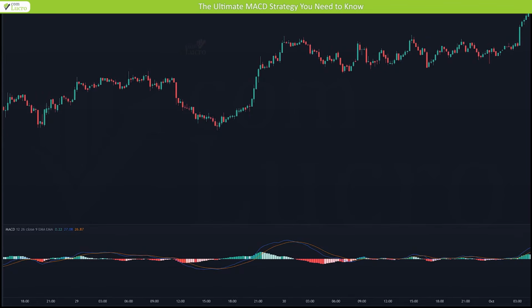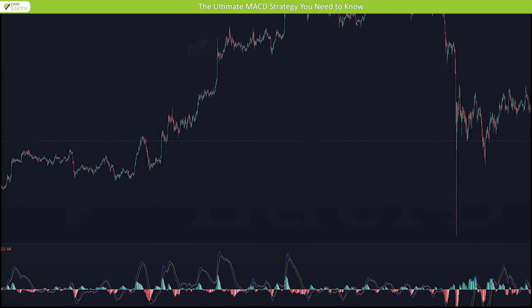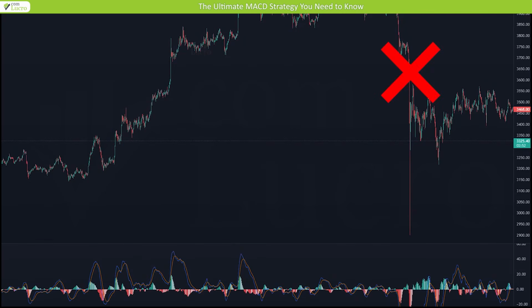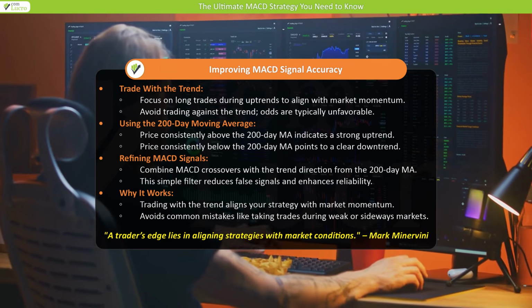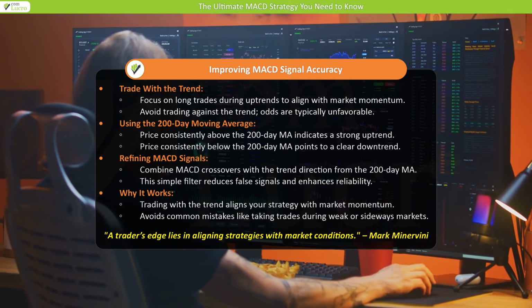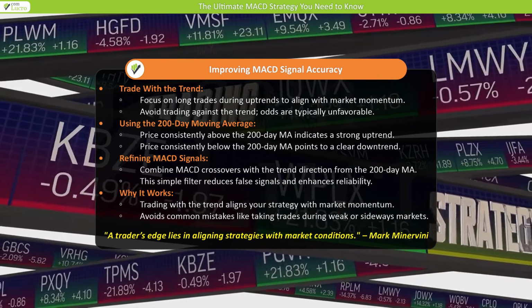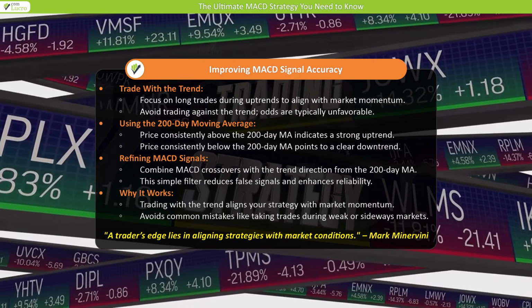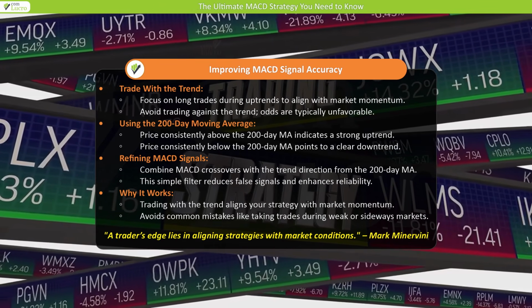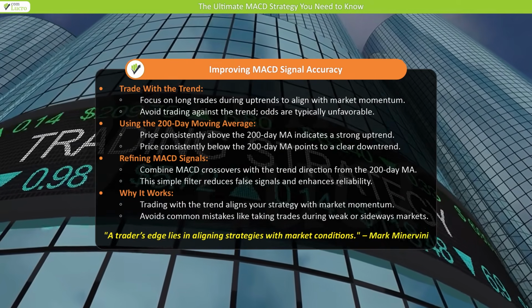So, how can we fix this? It's actually quite simple. If you're trading long, only take trades when the market is in an uptrend. Avoid trading against the trend because the odds will almost always work against you. A quick way to determine the market's trend is by adding a 200-day moving average to your chart. If the price is consistently above the 200-day moving average, the market is likely in an uptrend. If it's below, the market is in a downtrend. This straightforward adjustment can significantly improve the reliability of your MACD signals and help you trade with the trend rather